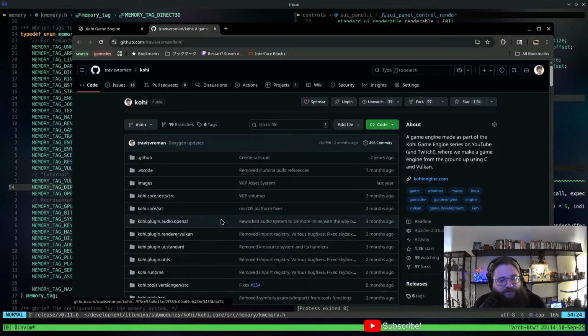The engine itself is designed to be an educational resource on a way to build a game engine. It's not the only way to build a game engine. Sometimes it's not even the right way. We do a lot of trial and error and experimentation. But since it is an educational resource, I don't believe in paywalling that stuff. So the engine is Apache 2.0 licensed, which means it is free for use, whether personal or commercial. The only thing that I ask is if you use it, you say that you used it, and that's it.